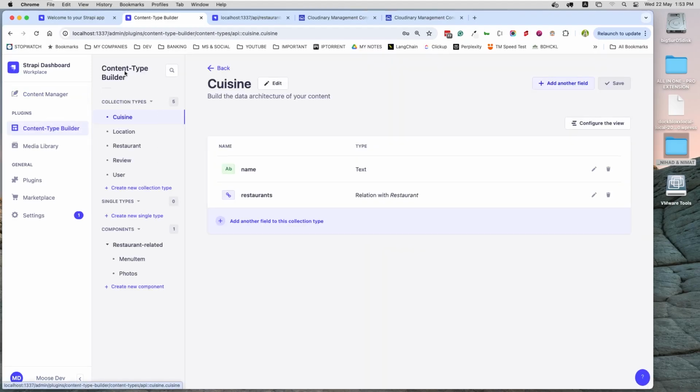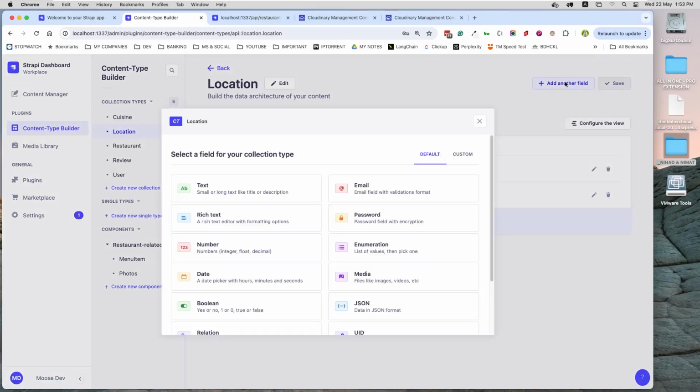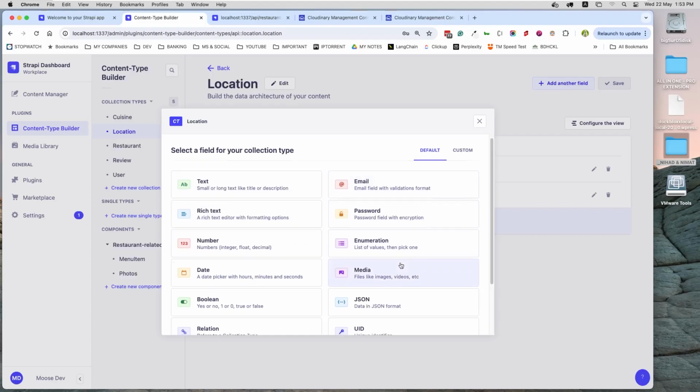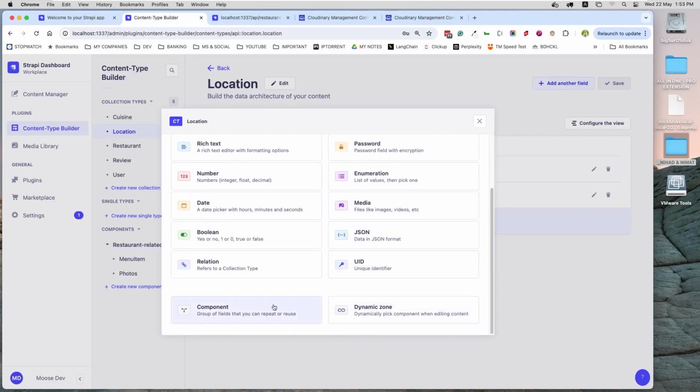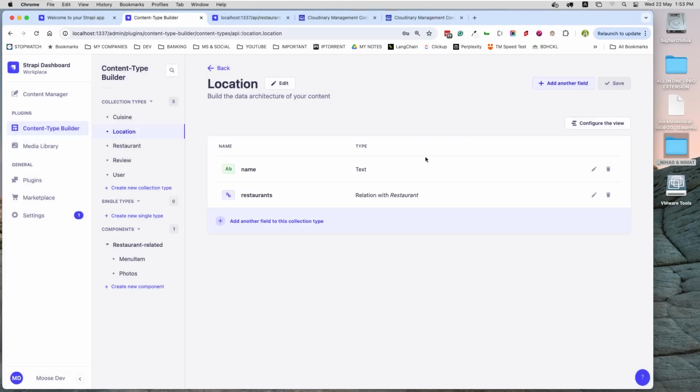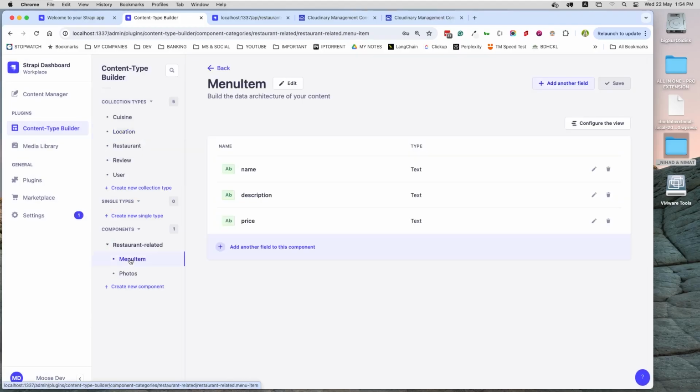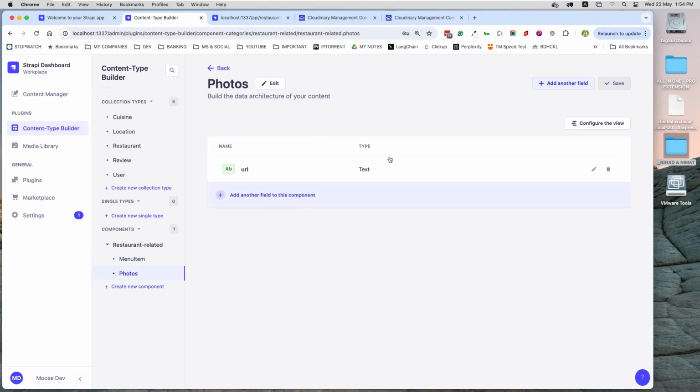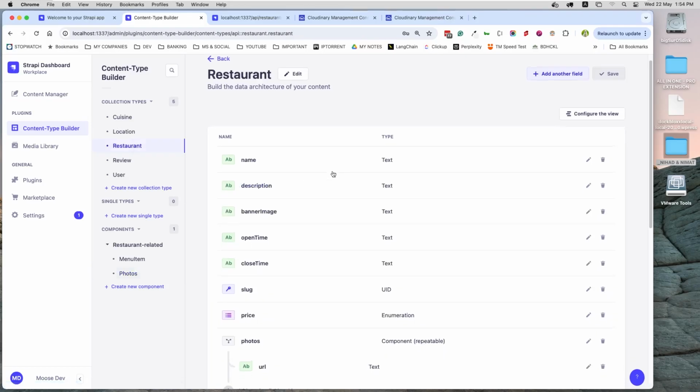This is the content type builder, where the data structure is built: location, and they give you another field. If you click on it, you get to choose text, number, a lot of other ones, media, UID, and components. Another fantastic part is repeatable components. For example, here I used menu items. I can use this block anywhere I like. Photos has one item, but it's also a repeatable component. And the best part here is